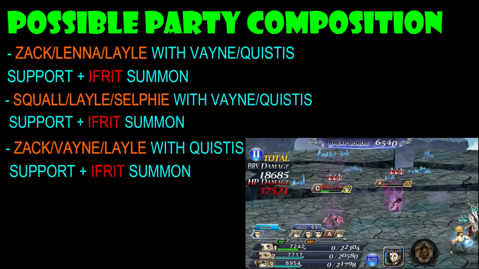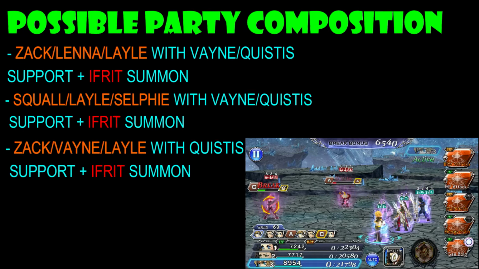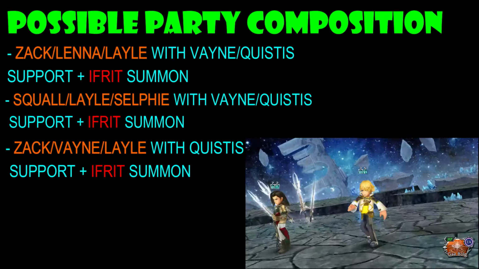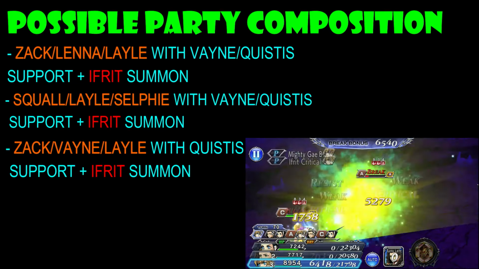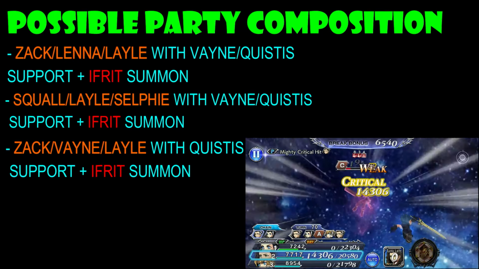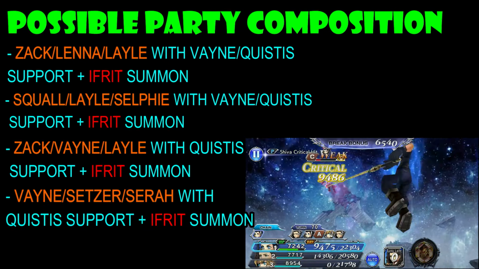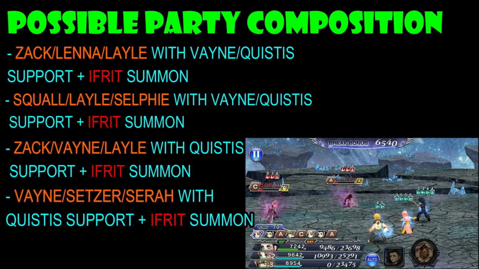He is one of the tanks, and you just have to provoke really quickly. Vayne can just turn steel or do his turn shenanigans, and of course Lael can do some launches as well. Really good team, I believe. And for the final one is going to be Vayne, Setzer, and Sarah with a Quista support, and again with